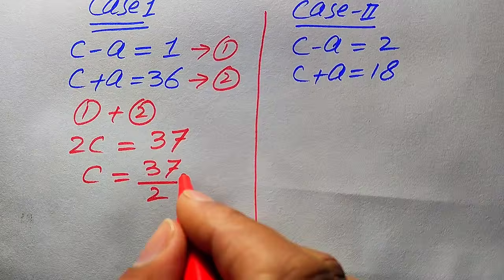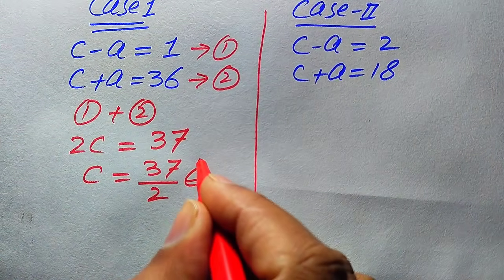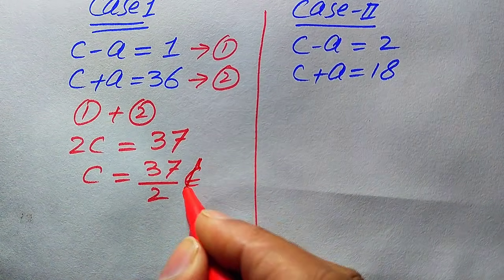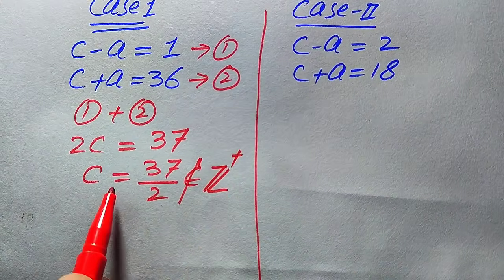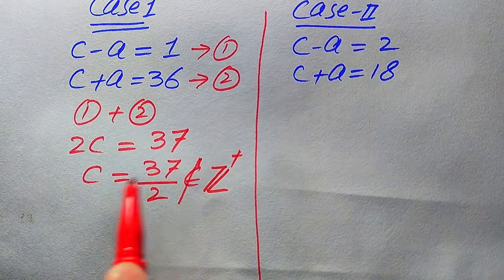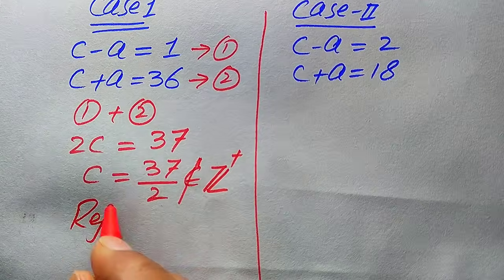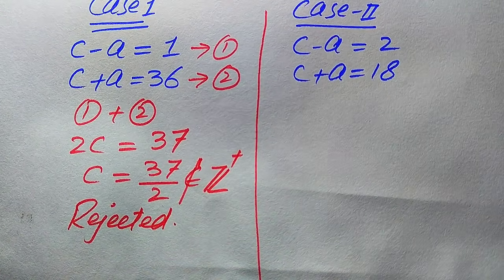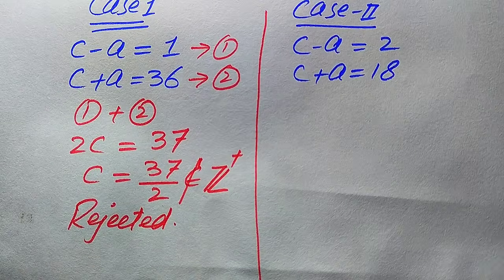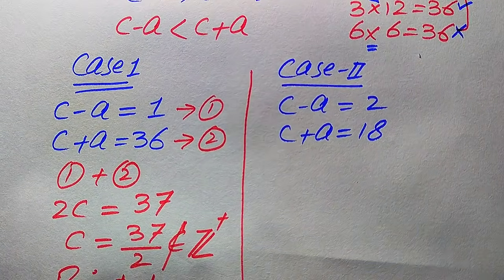So you see that here our c must belong to the positive integers, but here it does not belong to positive integers. Okay, so if our c does not belong to positive integers, then we reject this case, because we solved this problem for integer or for positive integer values of a, b, and c. So we reject this case, and now we move towards our second case,